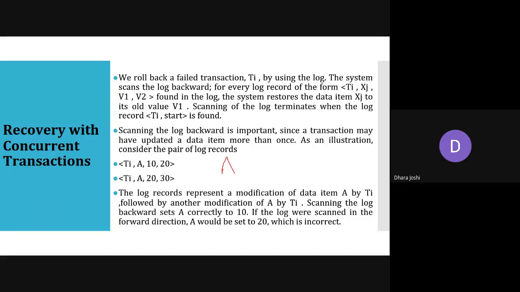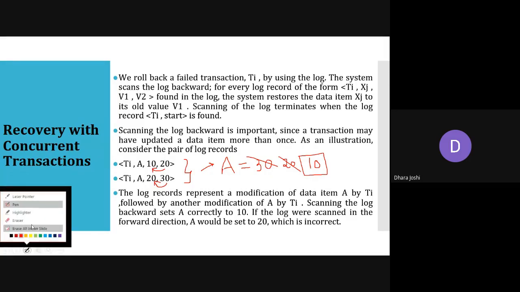So right now, the state of the transaction will be like this. A currently has the value 30 after performing these two operations in the database. Suppose the next instruction cannot be performed. What we can do here is roll back instruction by instruction. So first from 30 it will be 20, and from 20 it will be 10. 10 is the value before the transaction started. The value of A will be 10, and we get the same value if a failure occurs, so the database will not be affected.